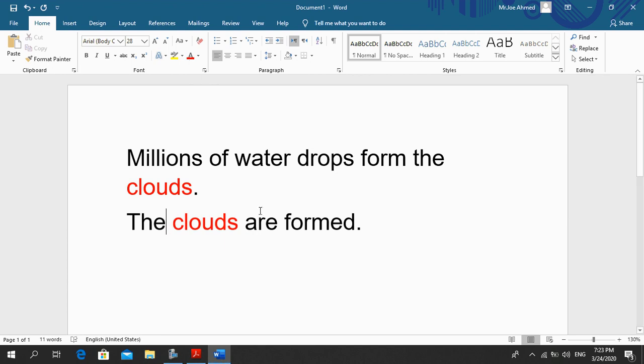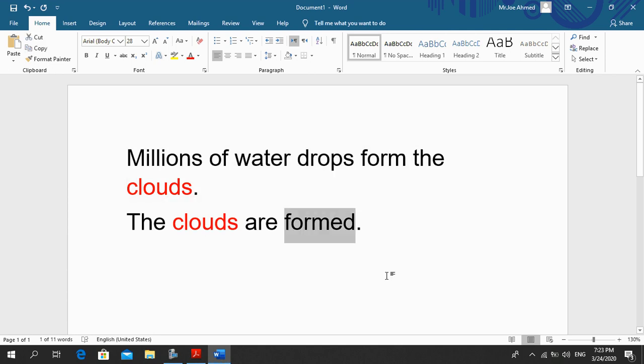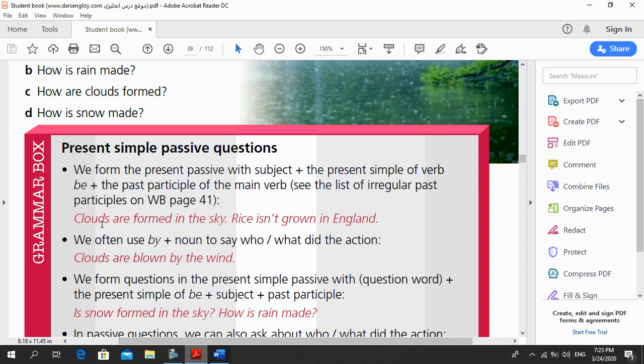And then there's another difference, which is R. R here is not present here. And also form becomes formed. This is called passive. Why do I use passive? Because I want to highlight the object, so I put it in the place of the subject. So I'm not talking about the water, I'm talking about the clouds. So that's why I started mentioning the clouds in the beginning of the sentence. So clouds are formed in the sky.